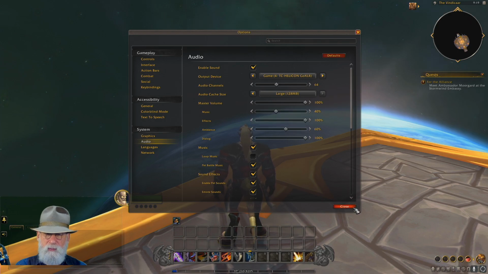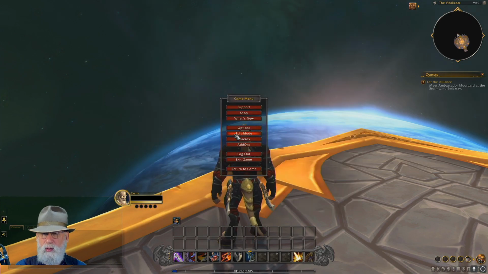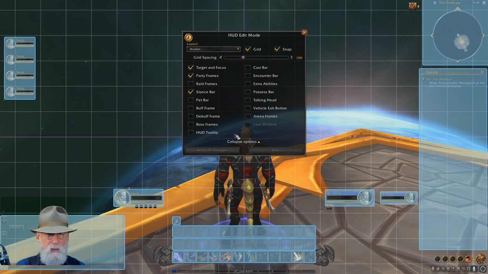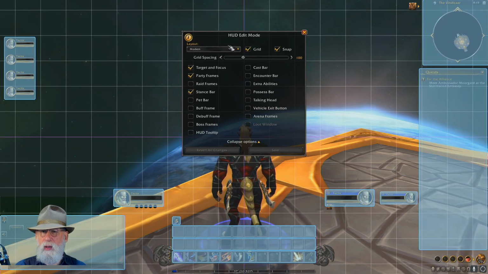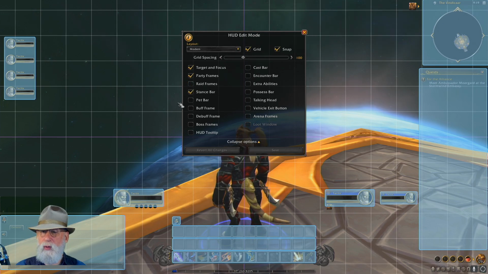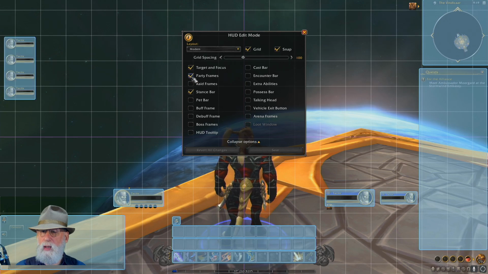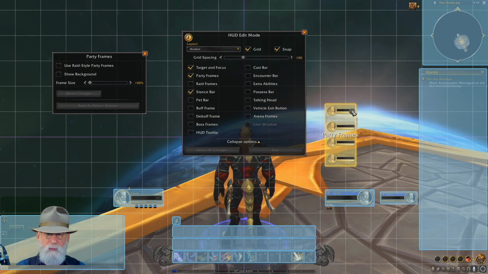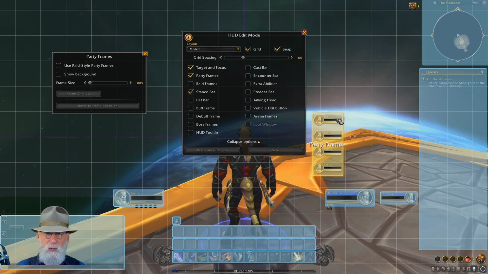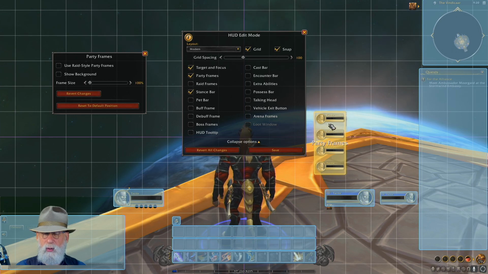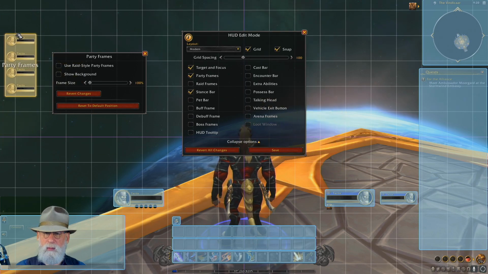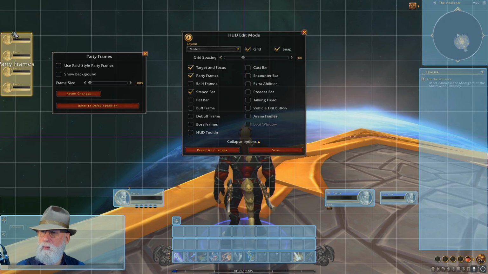We're going to close this and see what we can do with the UI by going into edit mode here. So depending on what I have checked off in the HUD edit mode, I can show or not show different frames. So here's the party frame over here. I can hide it now while I'm in edit mode. If I want to move that, it's simply a matter of picking up and dragging and dropping. And I do want to move that because this is where I like to have my party frames when I'm healing and so on. I don't know that that's that important for a non-healing class like this rogue, but that illustrates